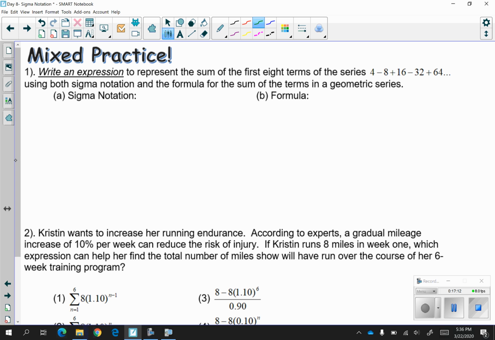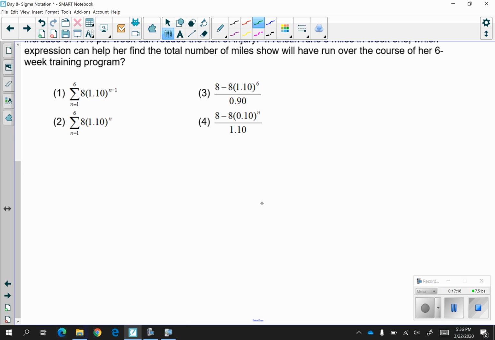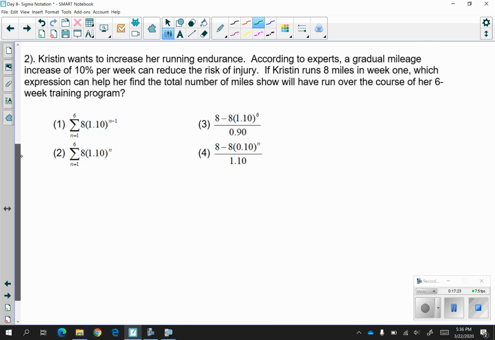We're going to try one more. And I'm going to skip the top of the mixed practice. What I want to focus on is the number 2. So we have Kristen wants to increase her running endurance. According to experts, a gradual mileage increase of 10% per week can reduce the risk of injury. So if Kristen runs 8 miles in week 1, which expression can help her find the total number of miles